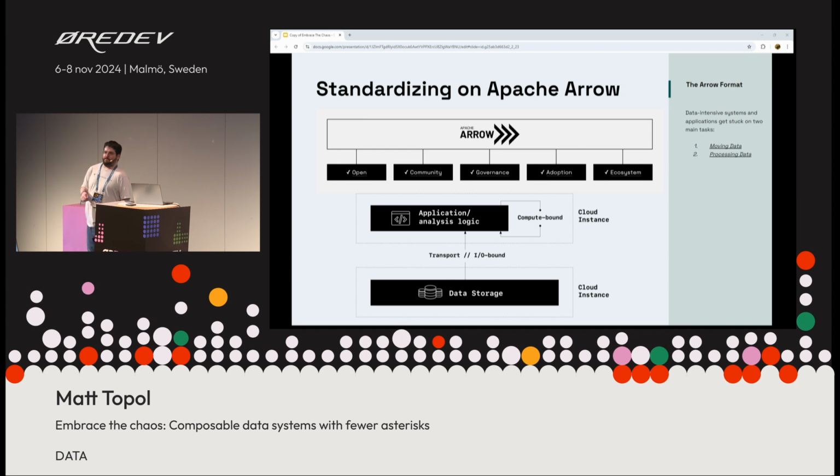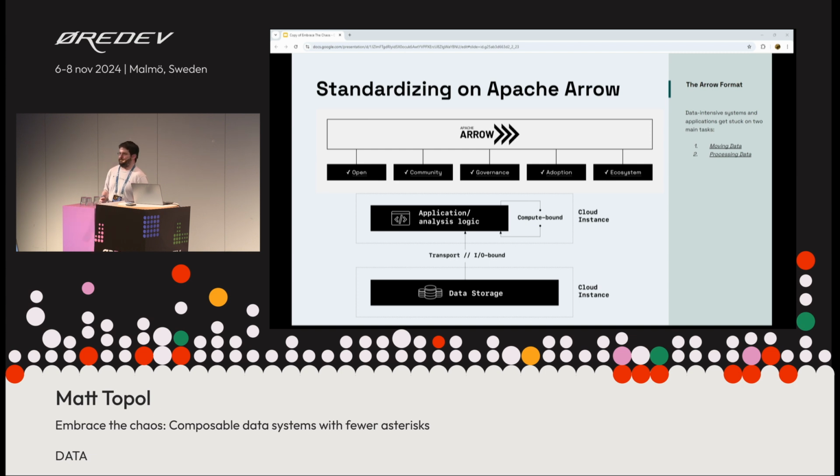Adoption. Okay, well, the underlying memory format of the Polars data frame library is Arrow. DuckDB's internal memory representation is nearly indistinguishable from Arrow. Dremio and InfluxDB both internally use Arrow, as does Apache DataFusion. And those things also interact and interoperate with Arrow.